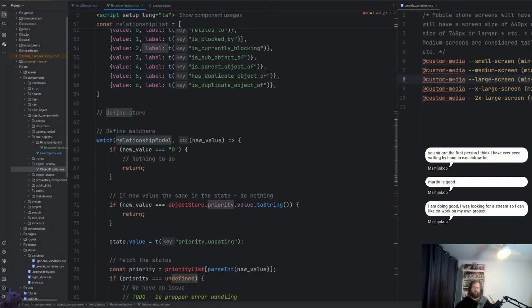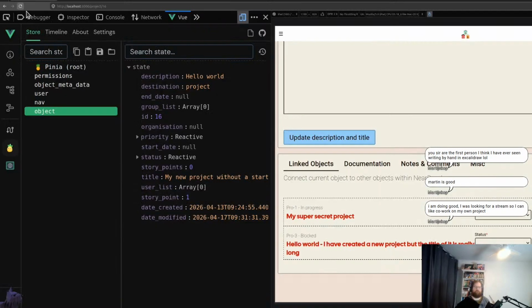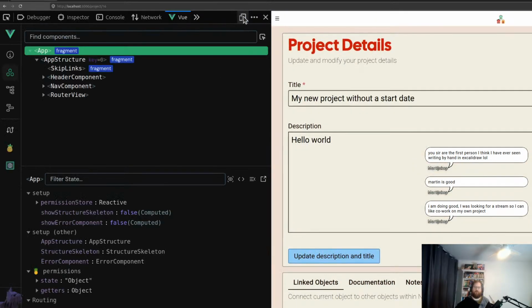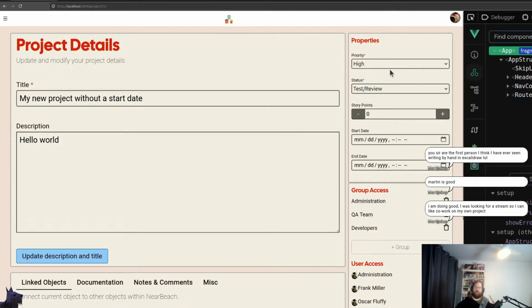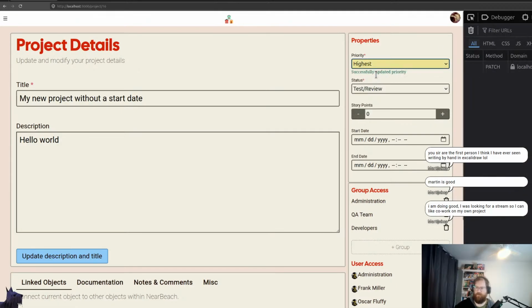Give me 2 seconds. Oh, sorry, be gone. I'm just going to hit refresh. We're going to undo that. We're going to move that to the right. So what it's saying is if the priority goes to 0, which is the highest, do I still send stuff out? Yes, I still send stuff out because